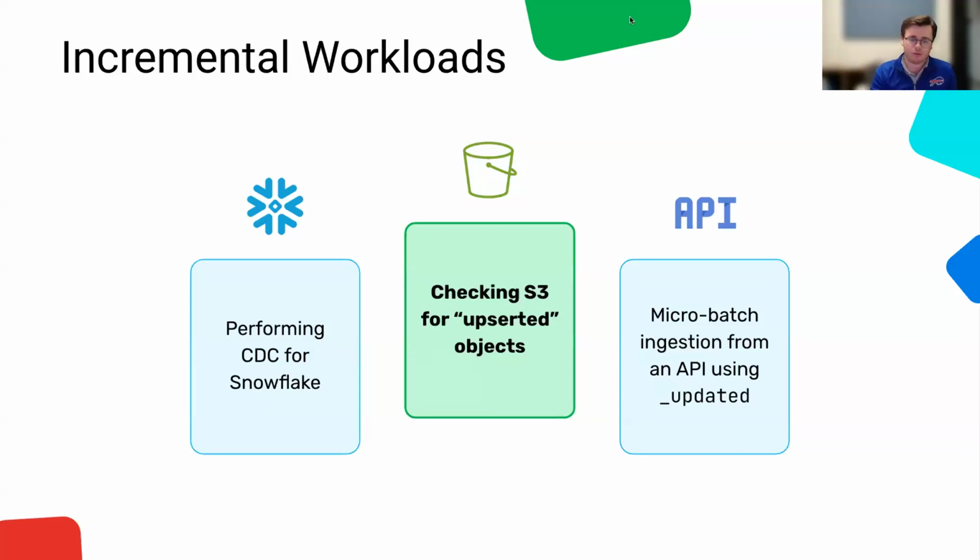Again, you can think about that as an incremental workload. Things like performing change data capture with Snowflake or any other relational database you might have, or micro batch ingestion from an API. This is a really common one I've seen a good bit, which is you have an updated field in an API, and you only want to pull records since the last time that you hit that API. You really don't want to retrieve all records from an API. So these are incremental workloads, and this is really what we haven't been able to implement yet in the open source project. We have not yet been able to figure this out, and really it's for one big reason.